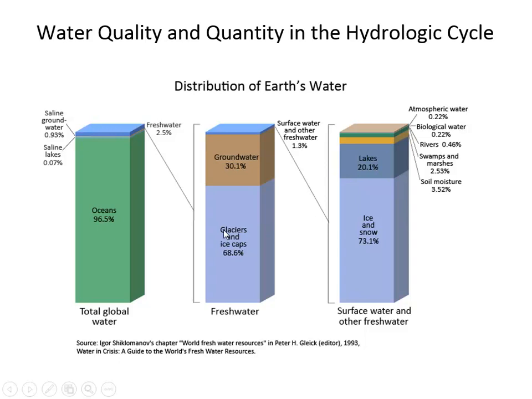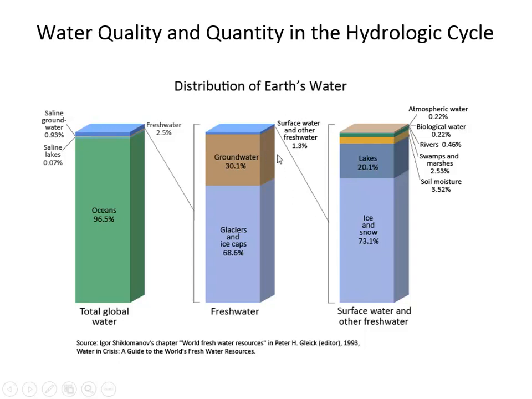Two-thirds of the fresh water on planet Earth is in glaciers and ice caps, and those aren't very easy resources, although I did hear some far-fetched idea to bring an iceberg to New York Harbor. If there was ever a water shortage there, they could tow an iceberg towards the East Coast. And there was, I think, a vodka company that was thinking about getting an iceberg and using that for the production of their vodka, just so that they could be a little bit different. But